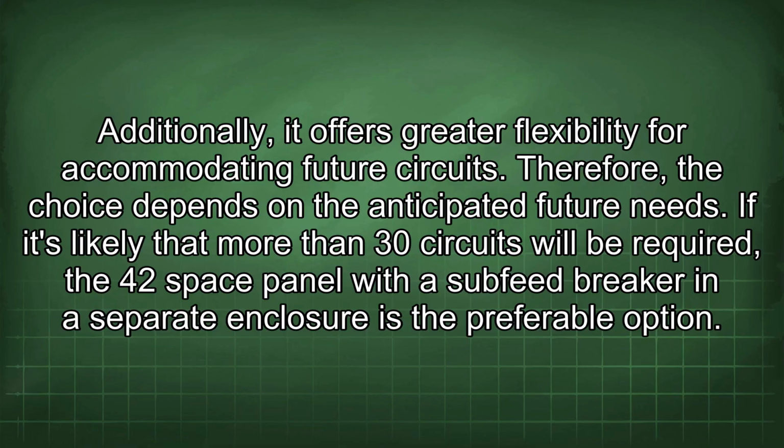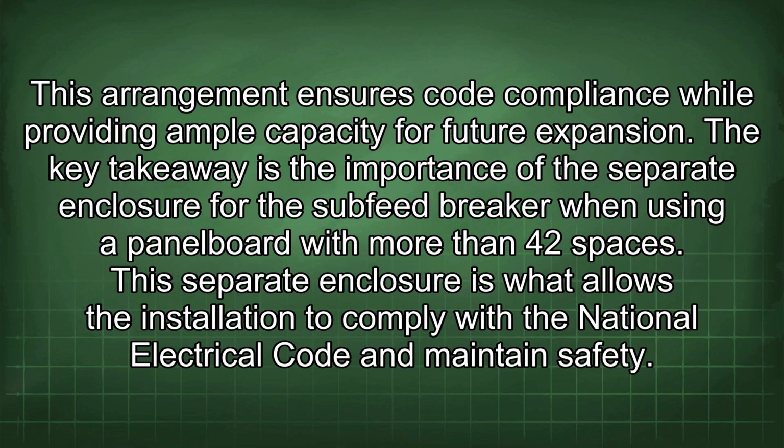Therefore, the choice depends on the anticipated future needs. If it's likely that more than 30 circuits will be required, the 42-space panel with a subfeed breaker in a separate enclosure is the preferable option. This arrangement ensures code compliance while providing ample capacity for future expansion. The key takeaway is the importance of the separate enclosure for the subfeed breaker when using a panel board with more than 42 spaces. This separate enclosure is what allows the installation to comply with the National Electrical Code and